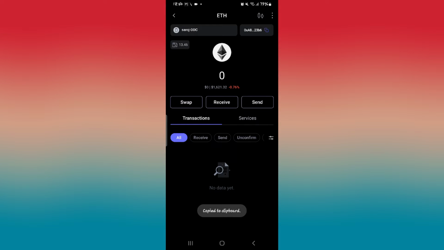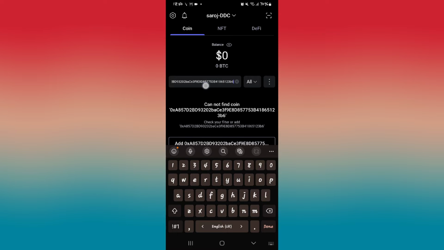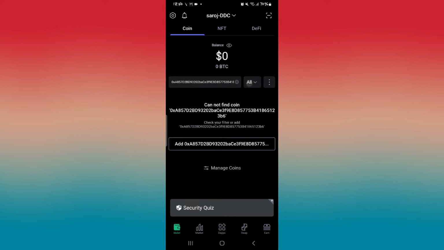You can simply tap on your wallet address and this will be copied into your clipboard. Then you can simply paste your wallet address and send it to anyone that would like to send you any cryptocurrency, NFT or DeFi. In order to send cryptocurrencies, you can simply tap on the QR code icon at the